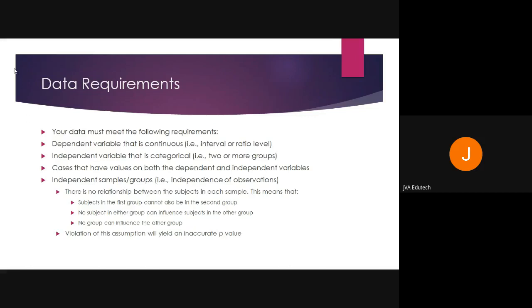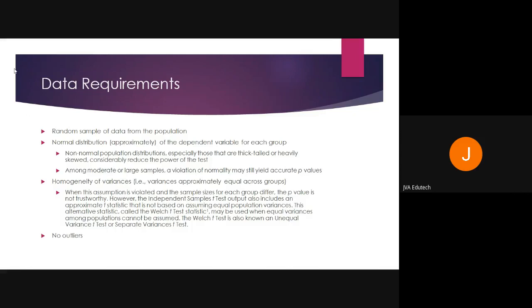And then there should be independence of observation. That is the necessary requirement of almost all kinds of t-test. It means one observation should not affect another one. Otherwise, you will get an inaccurate p-value. Data should be drawn randomly from the population. Data should be normally distributed. Homogeneity of variances should be there, and no outliers. However, if you want to perform an independent sample t-test and you don't get homogeneity of variance, then also we have the option to conduct this test. I'll let you know in the process how.